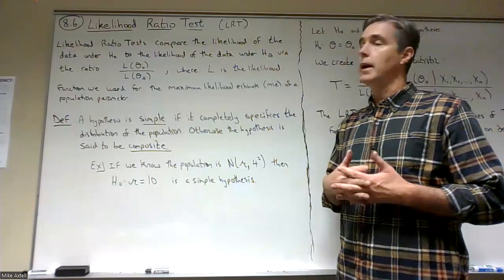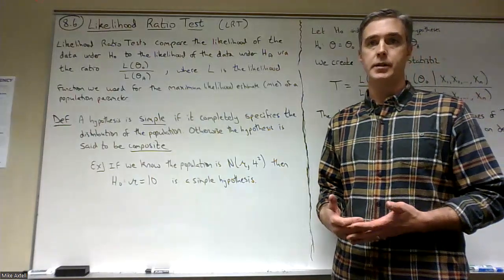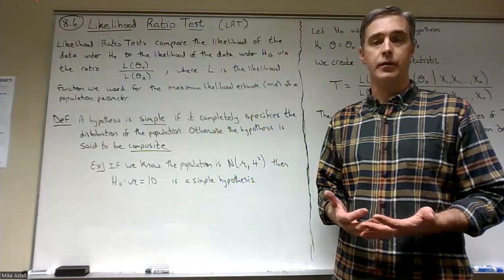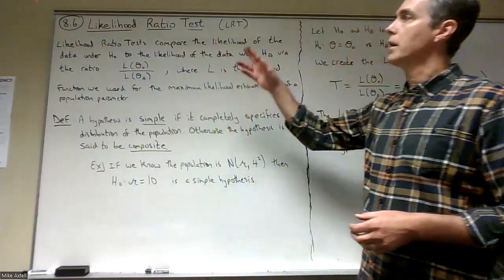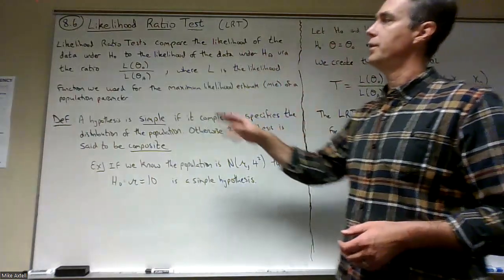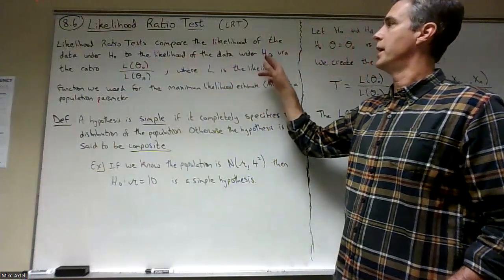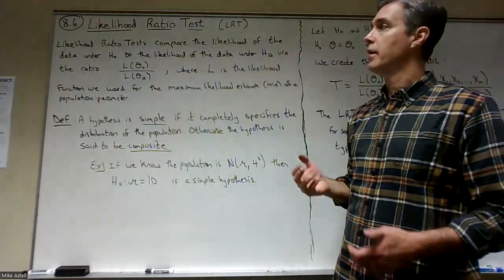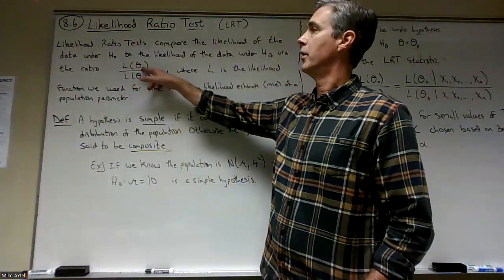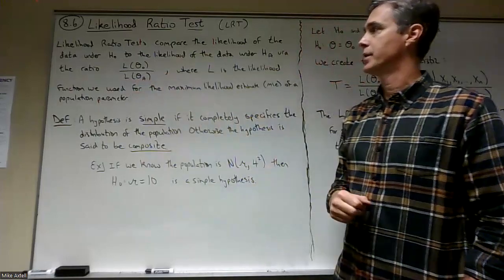Okay, so LRT, the likelihood ratio test, is another way to test hypotheses, and it incorporates significance levels alpha. The idea behind it is that it's going to compare the likelihood of the data under the null hypothesis to the likelihood of the data under the alternate hypothesis via a ratio: the likelihood of the data under the null hypothesis divided by the likelihood of the data under the alternate hypothesis,